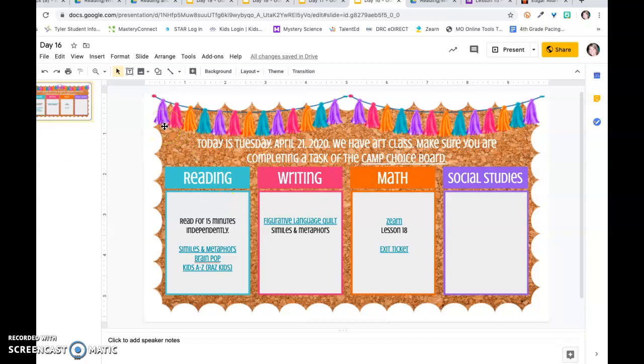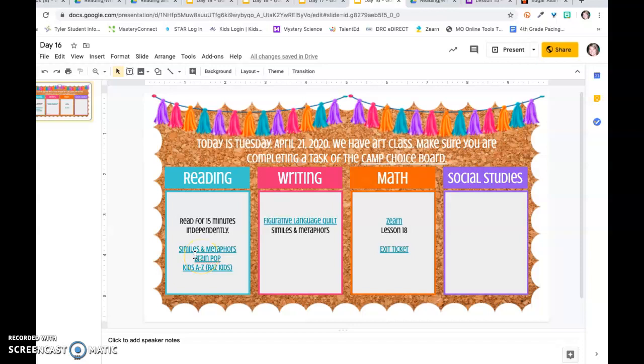Good morning. This week you are going to be doing some figurative language work, and you're going to be using Brain Pop to learn about the type of figurative language, and then you're going to use that information to help you do some exploring of figurative language. So the first thing you're going to do each day is watch the Brain Pop over the type of figurative